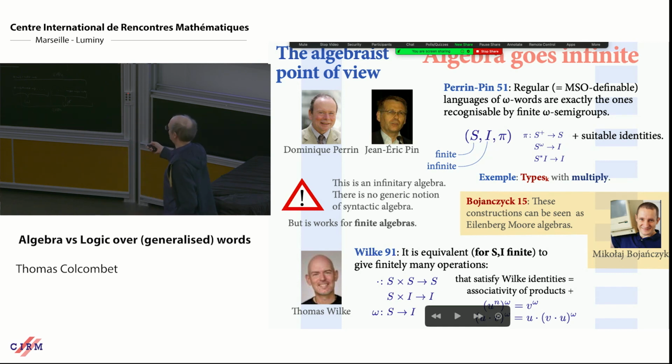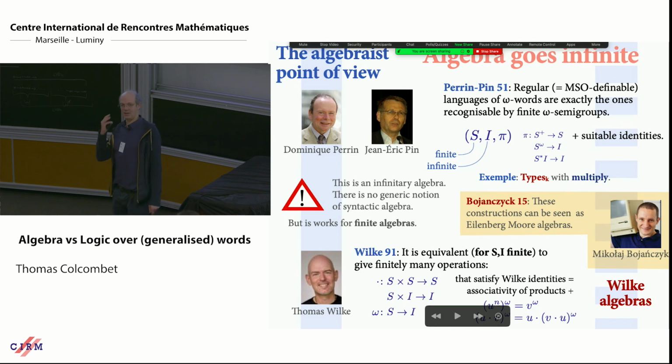And what Thomas Wilke says is that these two notions are equivalent if the carrier sets are finite. So it's the same to give these two operations or to give this infinitary one. And this approach gives rise to being computable. So this is what we call a Wilke algebra. But if you have in mind what I told about Sheila's proof, he had this composition theorem, but then he had these things that he was using, only omega, omega star, shuffle, and product, that he had to compute inductively on K. So there was the same flavor there.